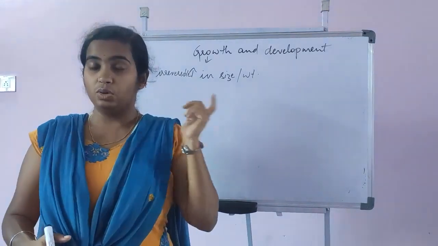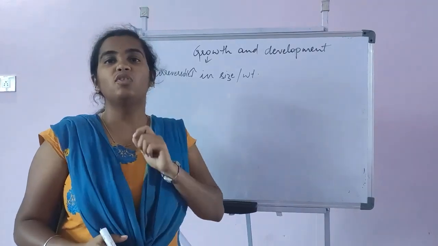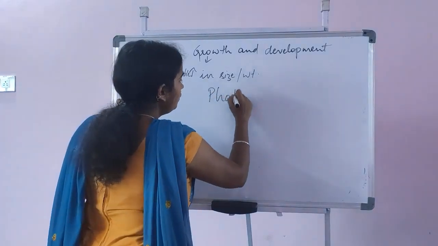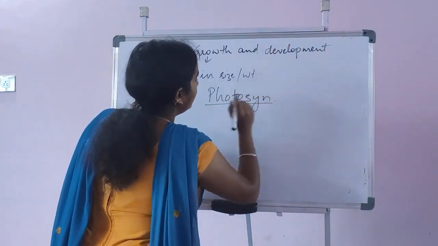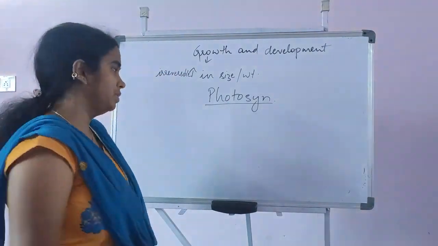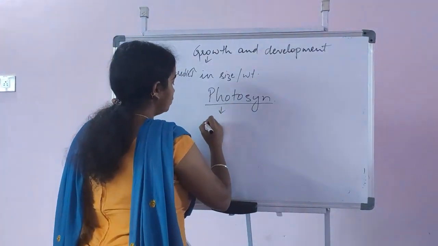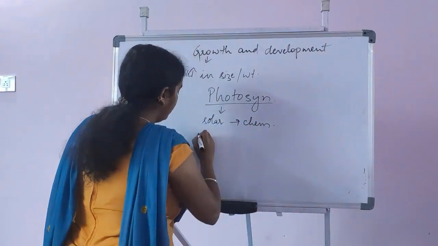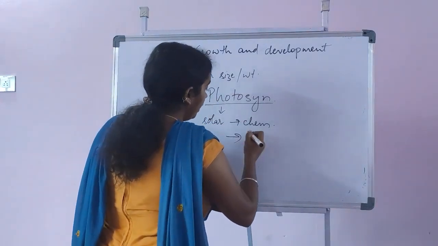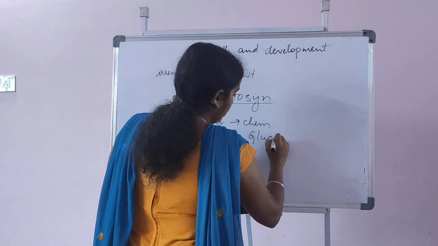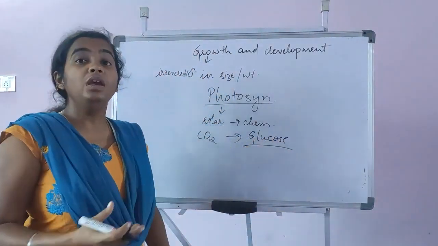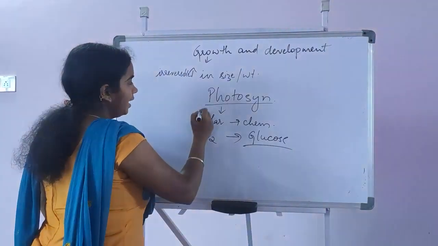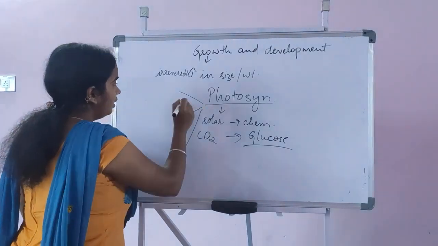Now for the growth, the first process is photosynthesis for autotrophs. How does this photosynthesis take place? So we will study about photosynthesis in plants a little in detail, how it happens. As we know, photosynthesis is nothing but the conversion of solar energy into chemical energy, or you can say carbon dioxide and water will be converted into glucose molecule, and this glucose molecule will be used for the energy metabolism in the plant. So photosynthesis can be studied under three pathways.